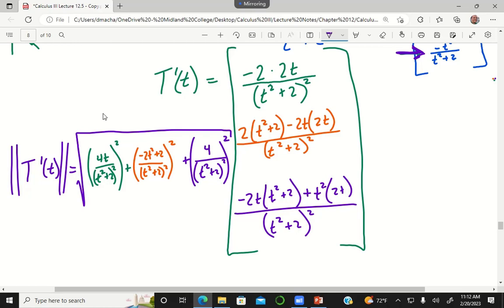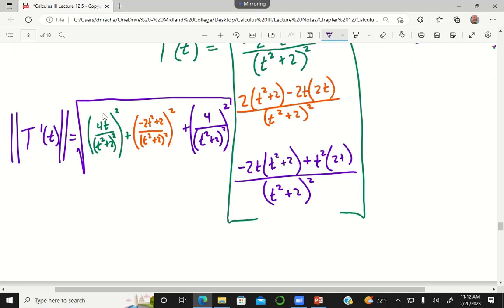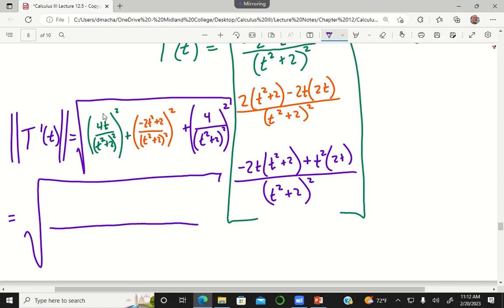There's probably some more simplifying we could do. Notice after I square all of these, if you're squaring something, you can just square the numerator and square the denominator. And since these all have the same denominator, after I square it, they'll still all have the same denominator. Here the denominator will be t squared plus 2 squared squared, which is to the 4th power. And then I'll end up with 4t